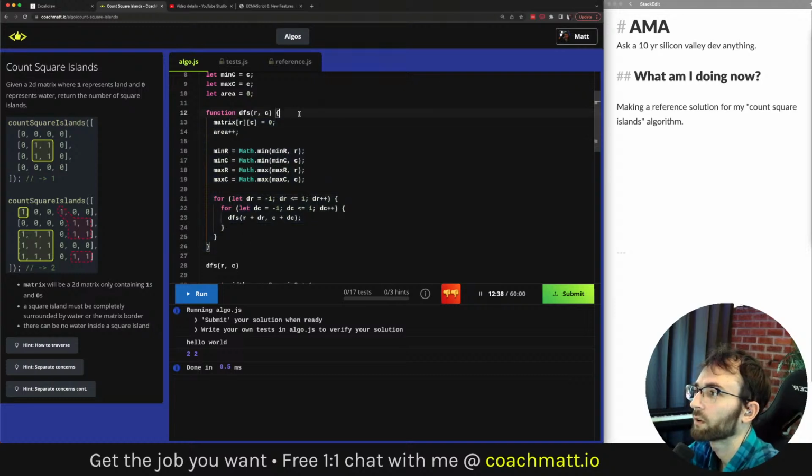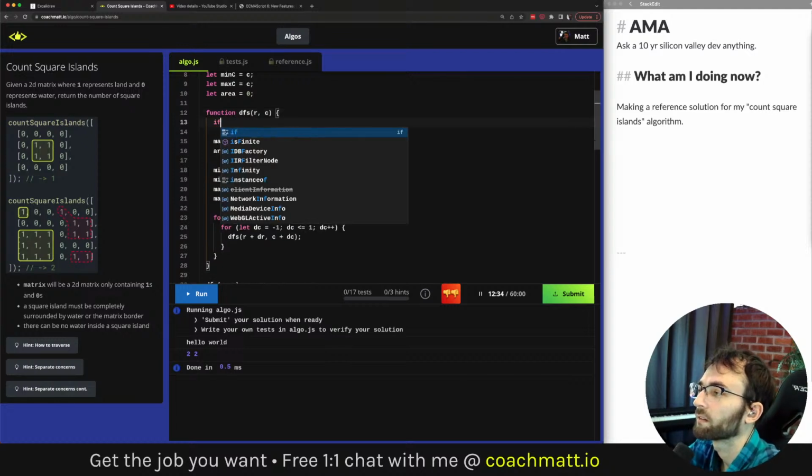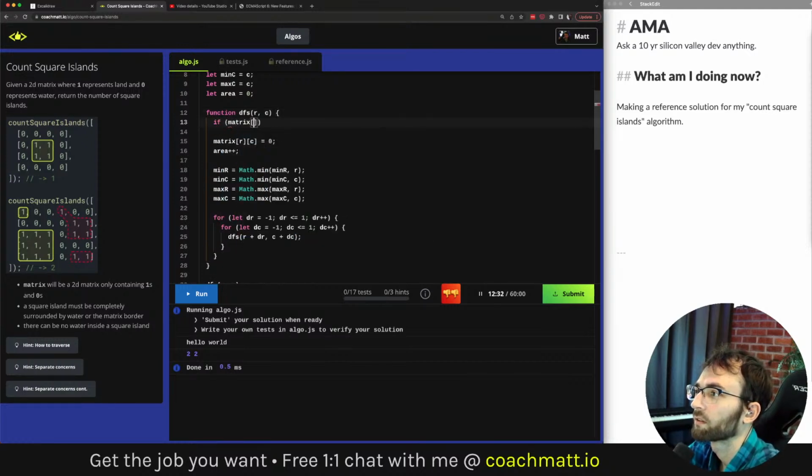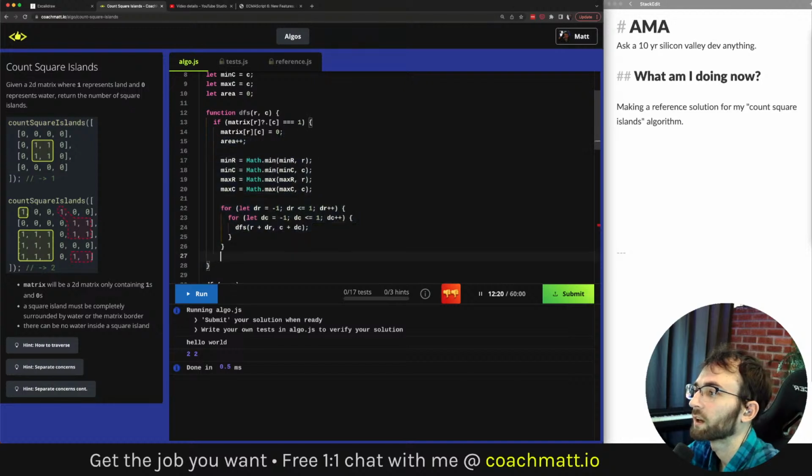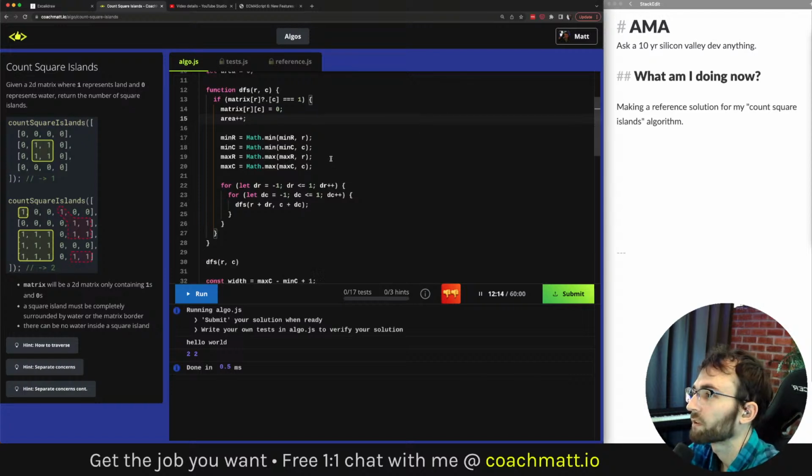What we want to do is make sure we have something like if matrix row column equals 1. So we only want to do this if this is land that we're looking at right now, and it's in bounds.